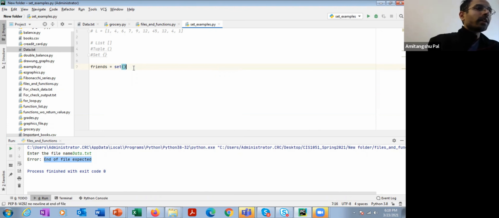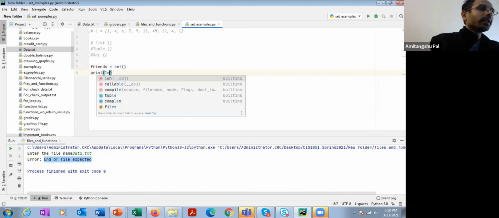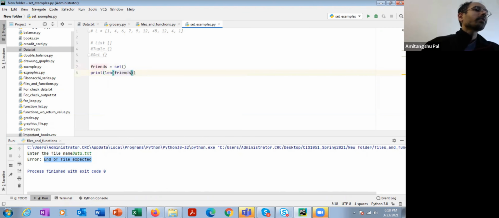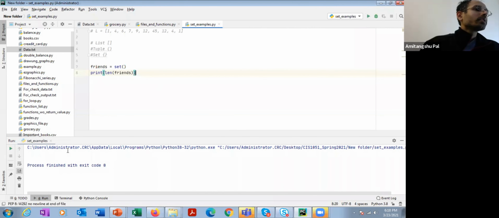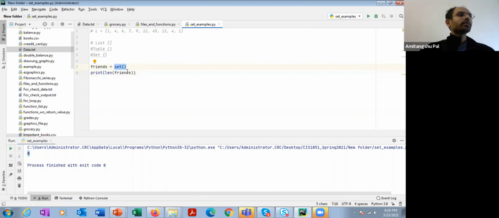This is an empty set. You can print the length of your friends set. If you run this program, it is going to print 0, because at this point you have no friends.